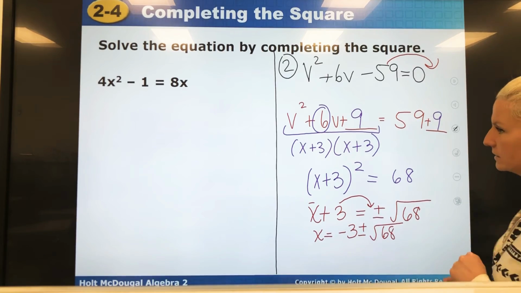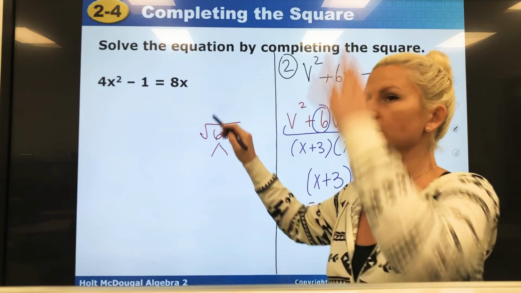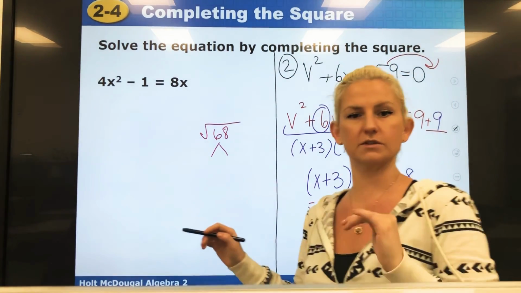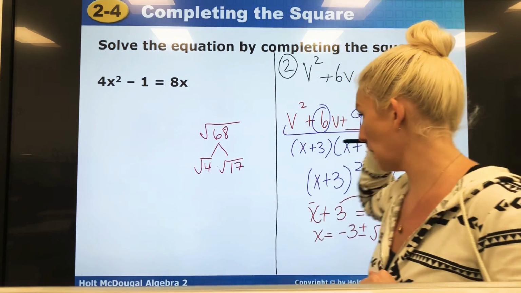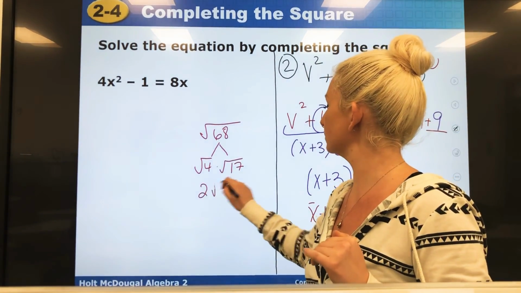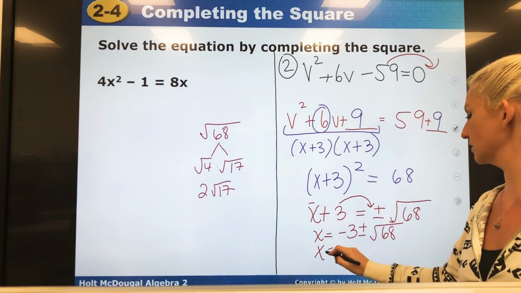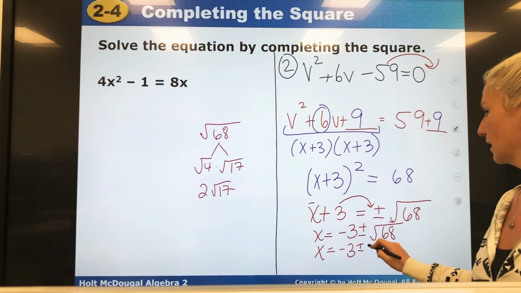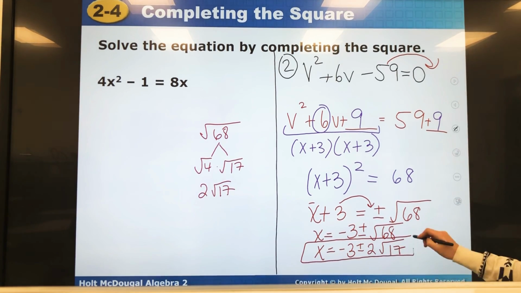Now, how do I break down 68? The square root of 68, right? Well, if you go on your list of perfect squares, I can break it down. Radical 4 times radical 17, right? 4 times 17 is 68. So that's 2 radical 17. So instead of writing it like that, I'm just going to write x equals negative 3 plus minus 2 radical 17. And that is your